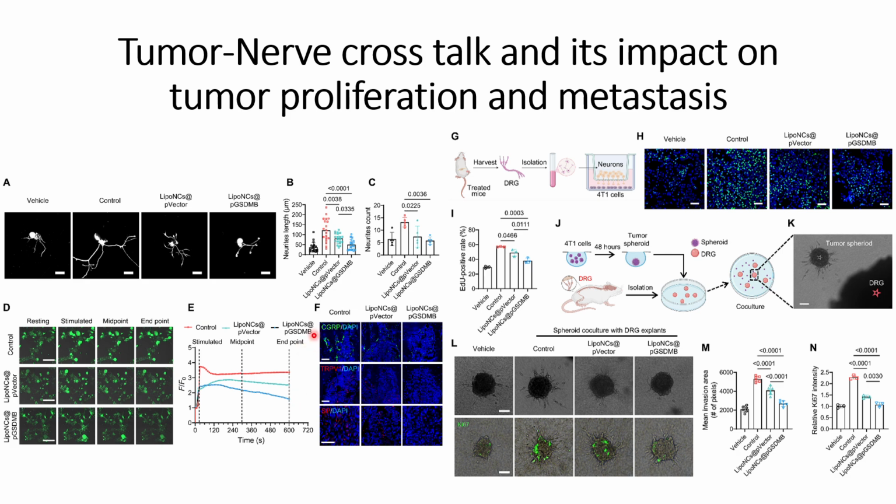Thereafter, they checked the neuroinflammatory markers such as CGRP, TRPV1, and SP, and they can see that these also go down for Lipo-NC-pGSDMB. Since these neuroinflammatory markers go down, there is a high chance that the proliferation and metastasis will also go down. So in order to validate that, they planned another experiment where they took the